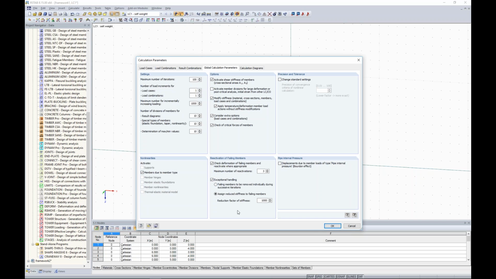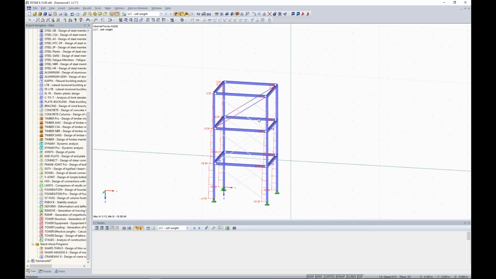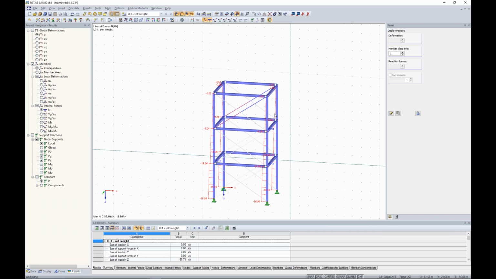This option allows you to handle the failing elements like these bracings in two ways. You can assign a reduced stiffness to the failing members, or, that's my favorite option, remove them individually during successive iterations. I will try the first option,